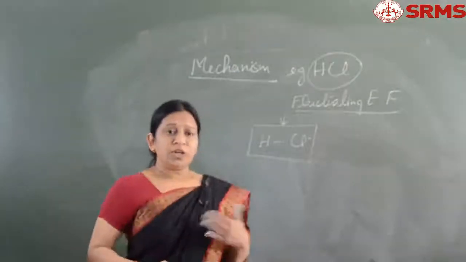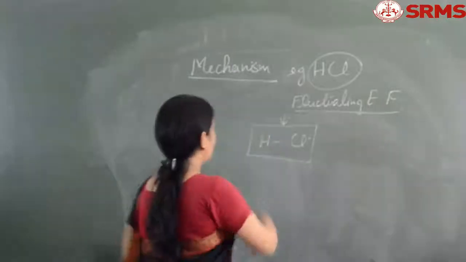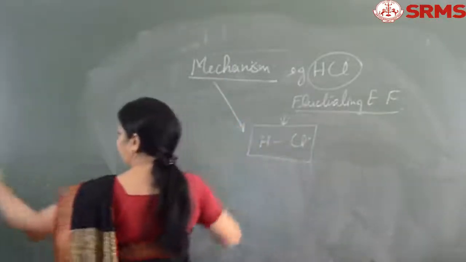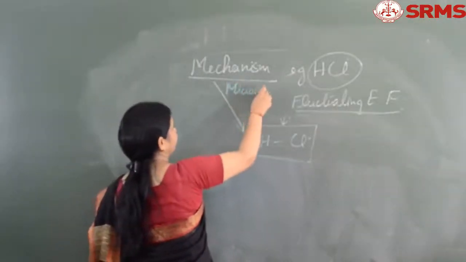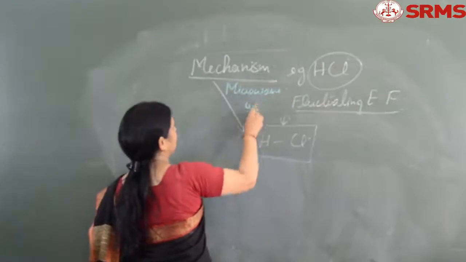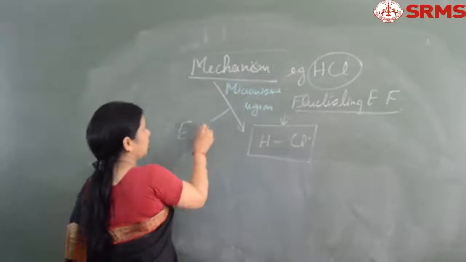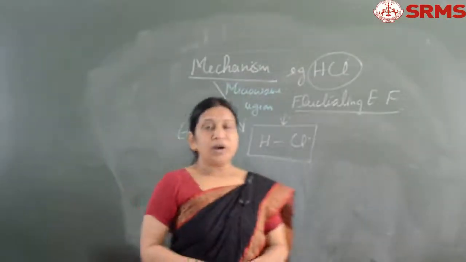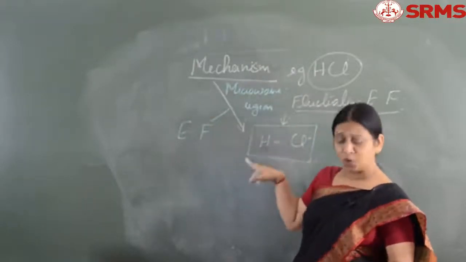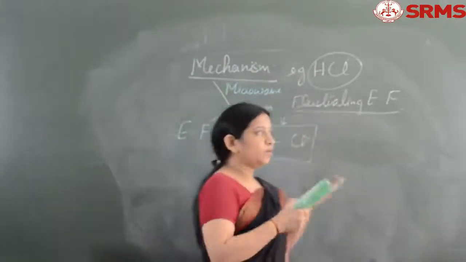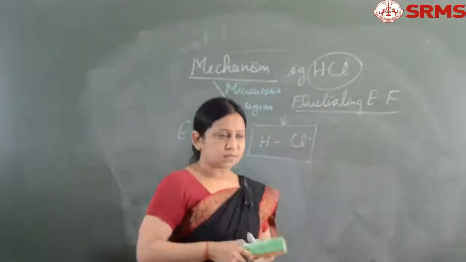So because of the rotational changes, it is going to produce a fluctuating electric field. Now a radiation which belongs to the microwave region falls on this molecule. This radiation is also associated with an electric field. Now we are having two fields. One field is because of the radiation which is falling on this molecule. The other field is because of the rotation or spinning of this molecule on its axis.